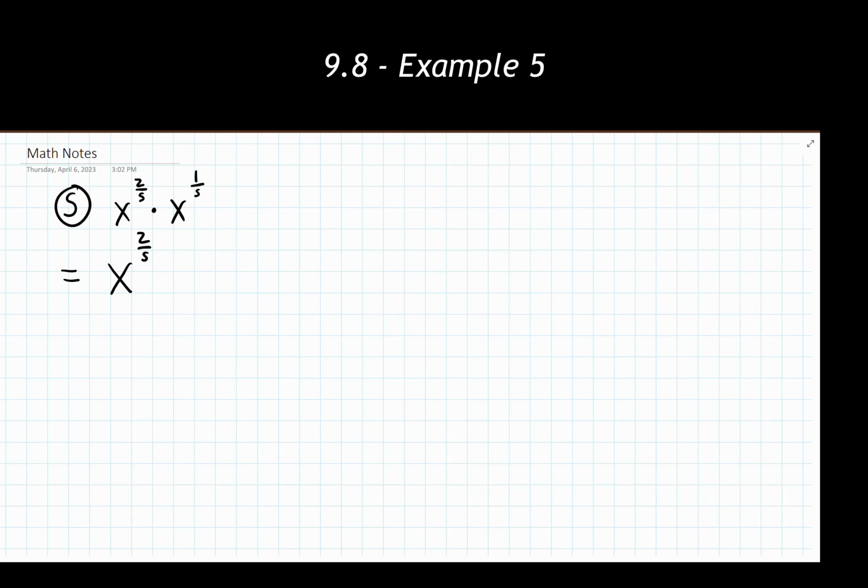So this is the same as saying x to the 2/5 plus 1/5 power here. 2/5 plus 1/5, the numerators can add together because the denominators are the same. And I'm going to get to a final answer of x to the 3/5 power. Make sure you are correctly identifying which property or rule for exponents you are using before you dive into just adding, subtracting, multiplying, or dividing exponents together. There's a lot of subtle room for error with those, so double checking that in your notes goes a really long way.